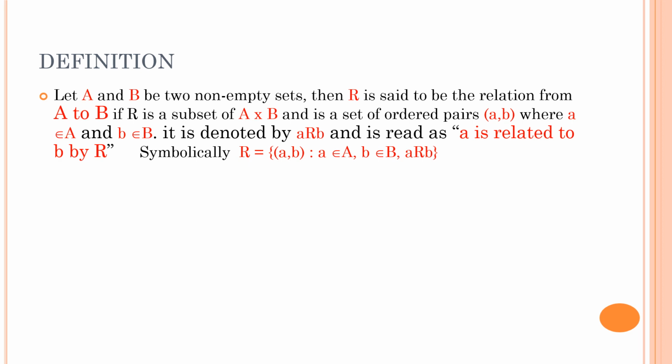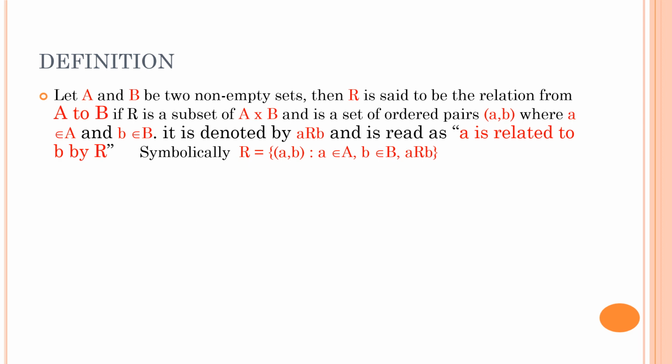What is important here is that when we talk about the Cartesian product, it is just a mixing of the elements of the two sets A and B. Say for example, if the set A has 5 elements and the set B has 6 elements, then the Cartesian product is going to have 30 elements. Whereas the relation R can have up to 30 elements. Why? Because it is a subset of the Cartesian product.